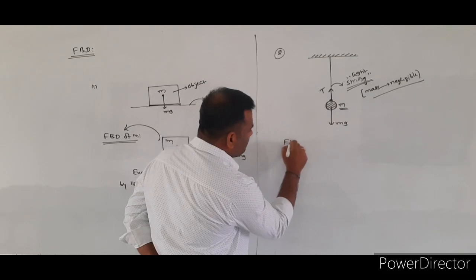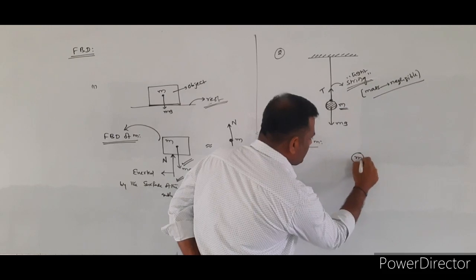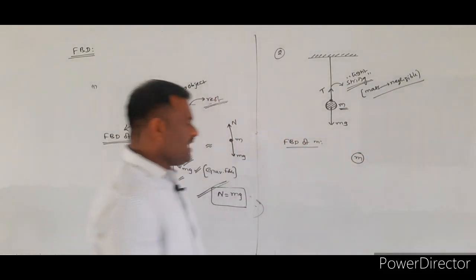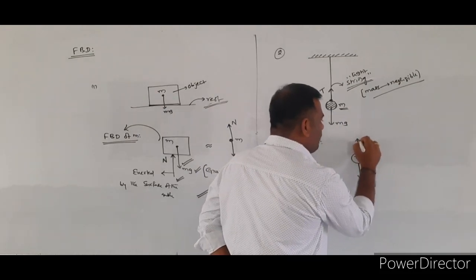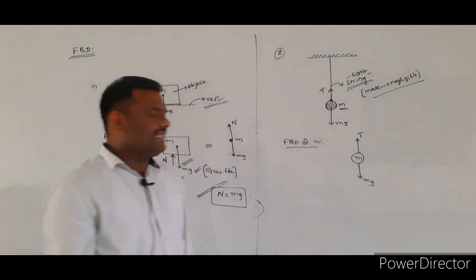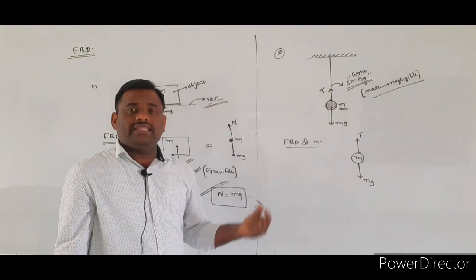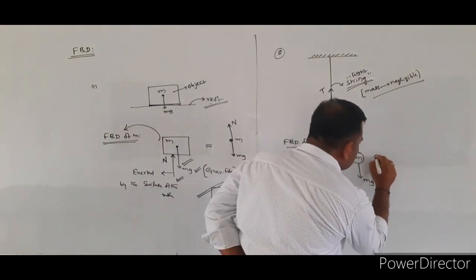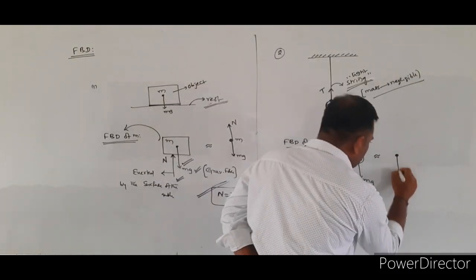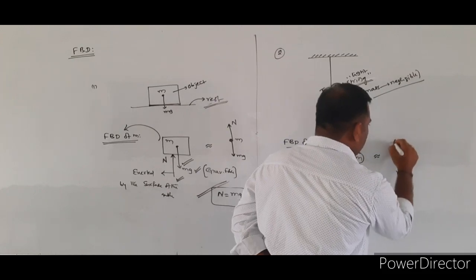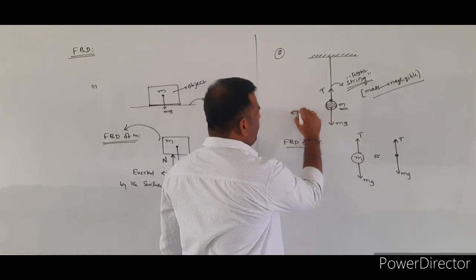So we will draw the FBD of the small mass m. Draw the object, its mass is equal to m, and over the mass, weight will be acting in the downward direction, and tension will also be acting in the upward direction. Another way of representing the FBD is to represent the object with a dot. Over the object, one downward force and one upward force will be acting, and moreover the object will be in the state of equilibrium.